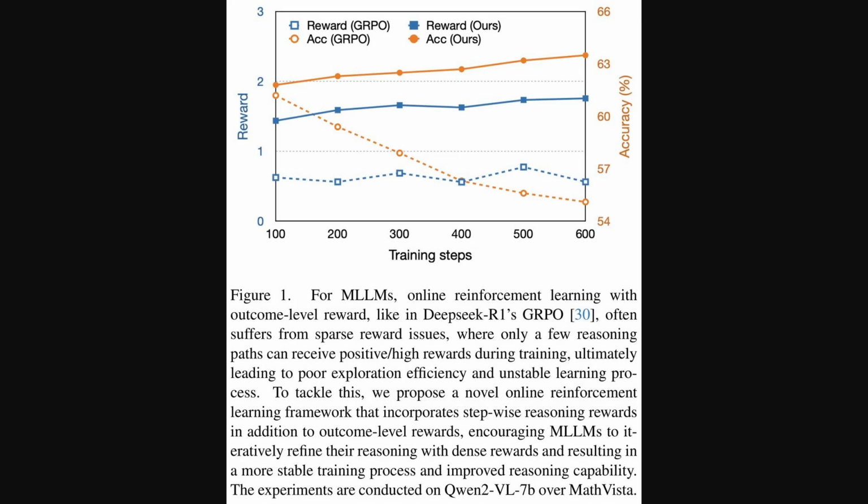Right, and Figure 1 here gives us a nice visual of this comparison. It plots performance, specifically reward and accuracy, against the number of training steps. You can see the solid lines representing their method, StepGRPO. They show both reward and accuracy steadily improving as training progresses. Now, compare that to the dashed lines for the standard GRPO method using just outcome-level rewards. The accuracy actually trends downward over time, and the reward is lower and less stable. This really drives home the point about sparse rewards hindering learning, while StepGRPO seems to provide a more stable path